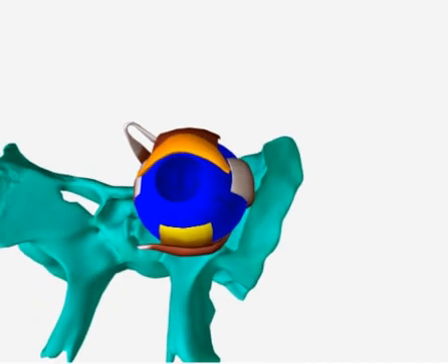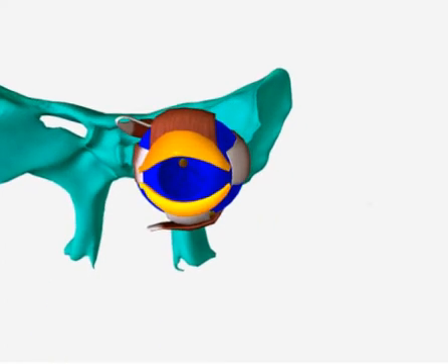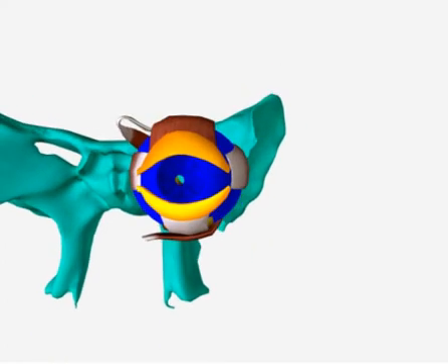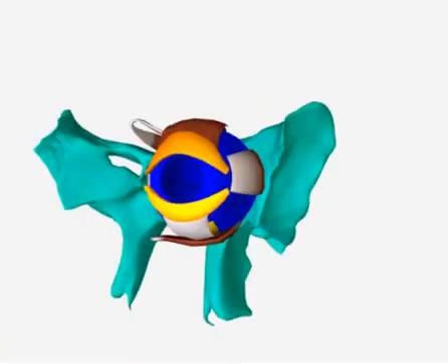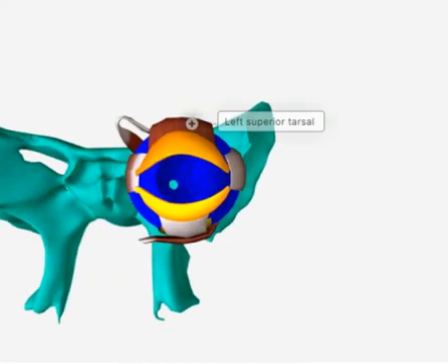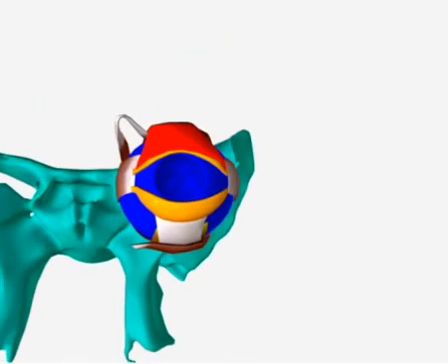Next comes the inferior tarsal muscle. Over here, this is the inferior tarsal muscle, and it takes its origin from the fascial sheath of the inferior rectus muscle and attaches on the inferior tarsal plate over here, right? So this is the inferior tarsal plate and this is the inferior tarsal muscle. These are the involuntary muscles, right? This is all the extraocular muscles of the eye.